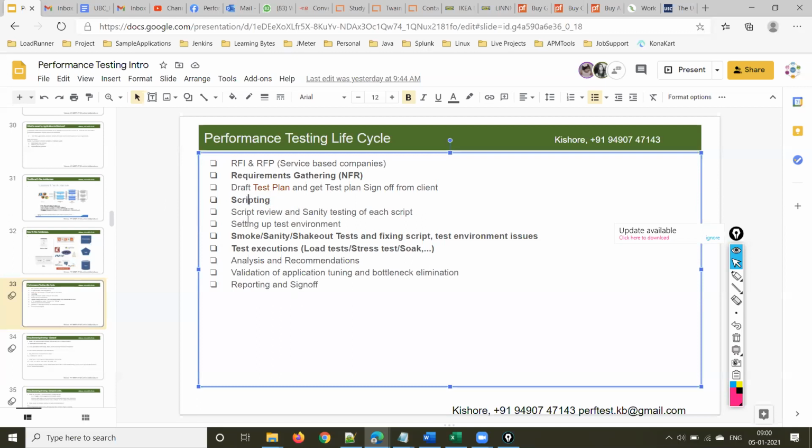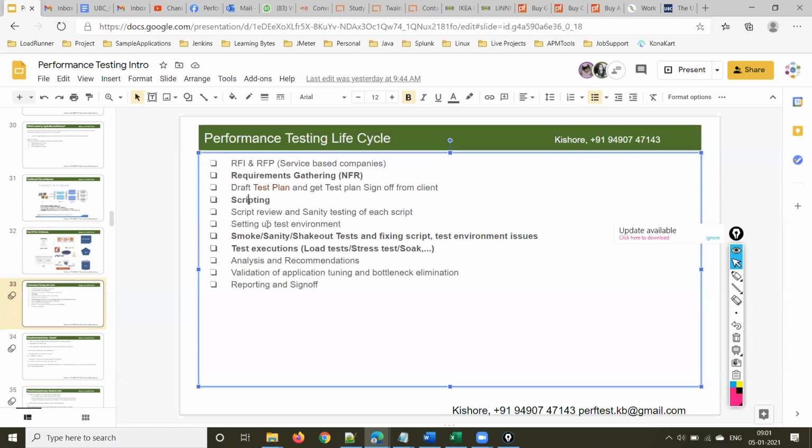Once we are done with the scripting, we will review the scripts. As you are developing the scripts, you have to share them with me for review. You have to upload your scripts to GitHub. I want to give you hands-on experience with GitHub as well, so I'll explain what GitHub is and why we use it. I will review your scripts, run them, and verify them.